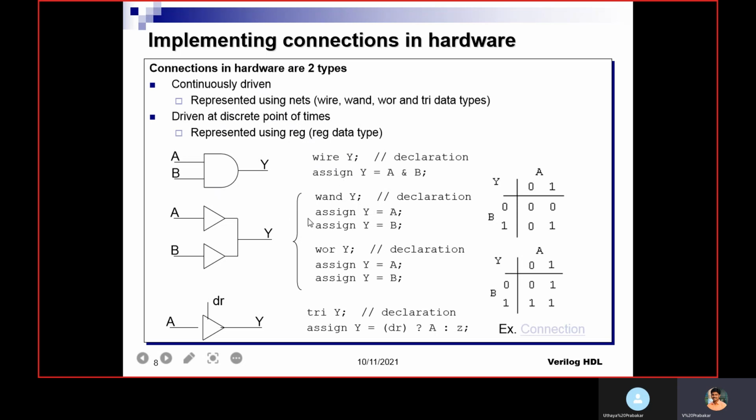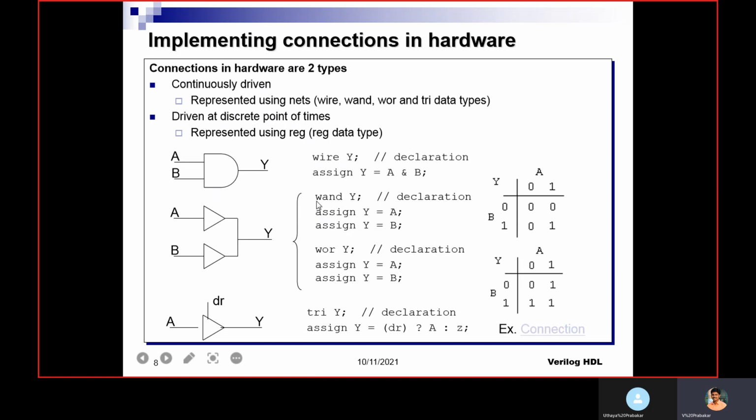Another way, if you want to perform an AND operation, you can declare the Y output as wand, that means wire AND. And then you can write assign Y equal to A and assign Y equal to B. So you are just assigning the values to the Y output.